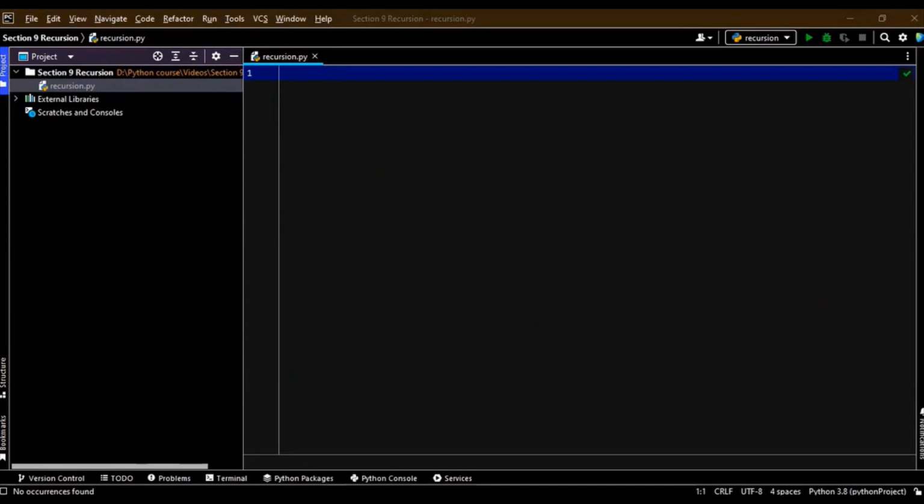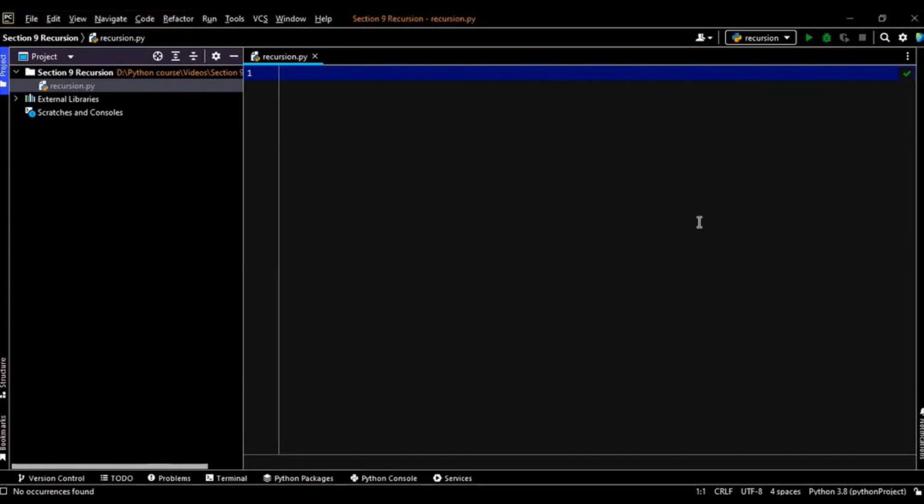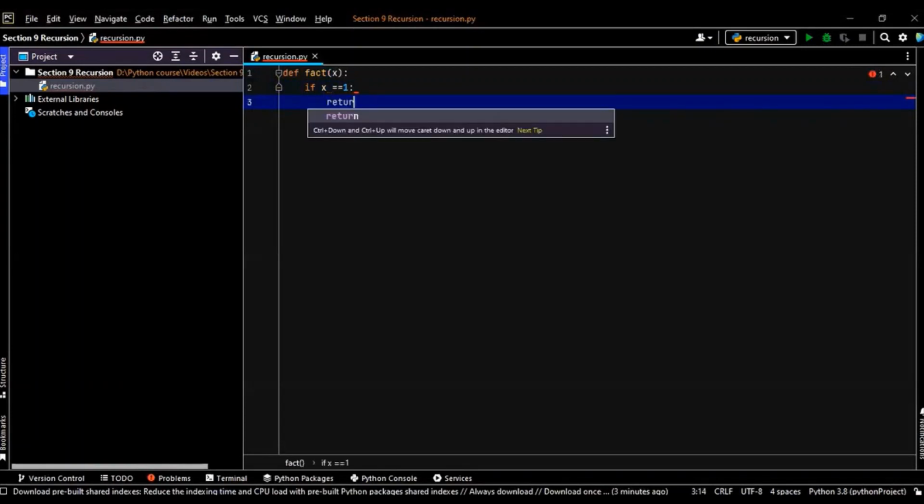recursion. Okay, so now let's say there was a factorial code which we have already done before. I'm not sure if you remember. Let's do that so that I can give you an example and you would easily understand. So I'll write def fact, and I'll take in x. If x is equal to 1, return 1,